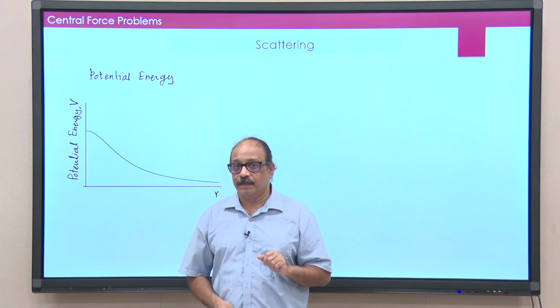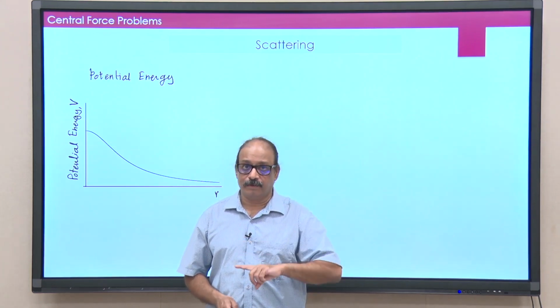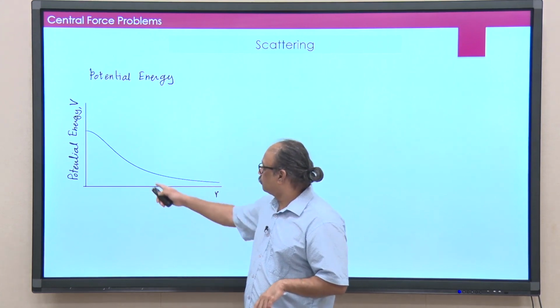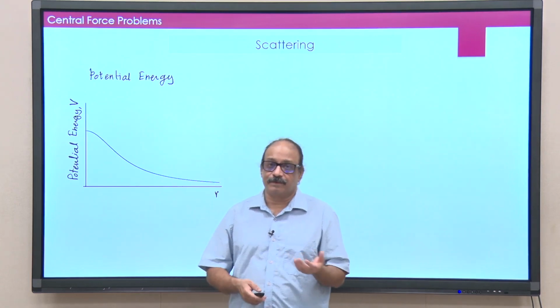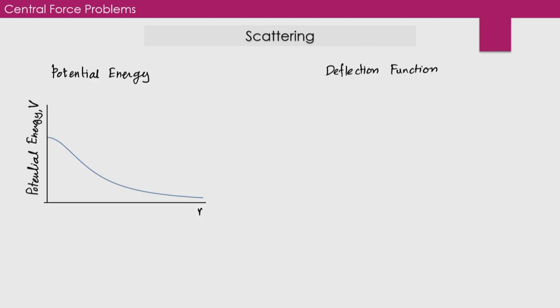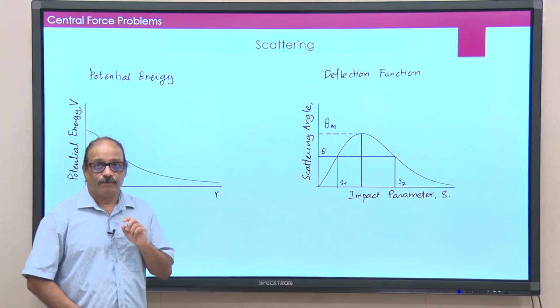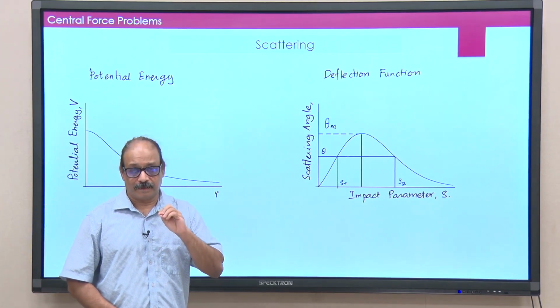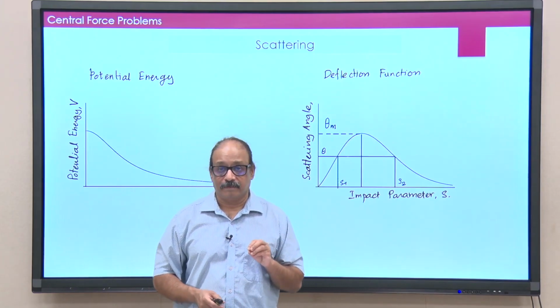But look at what happens for L equal to 0. L equal to 0 is basically 0 impact parameter. For L equal to 0, the effective potential will also look exactly like this, because now there is no angular momentum. And now the kind of curves that you could get are something like this. If I send a particle with a particular energy which is larger than this maximum value of the potential here, what happens to that particle?